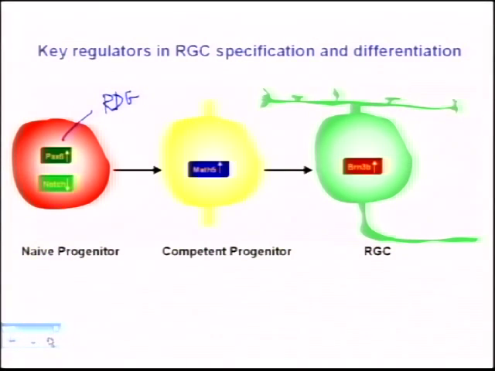But Notch works, in this system and in most systems, as a negative regulator. And when Notch is on, cells are actively dividing. Notch is associated with different cancers, with active cell growth, and with some aspects of cell differentiation. But in the retina, Notch is associated with active cell division, so it keeps the progenitor cells dividing, as do many other growth factors. When you take Notch away, that allows the cells to go on and move to a committed state and a differentiated state. And Notch works through transcriptional repressors that are BHLH transcription factors called Hes factors.